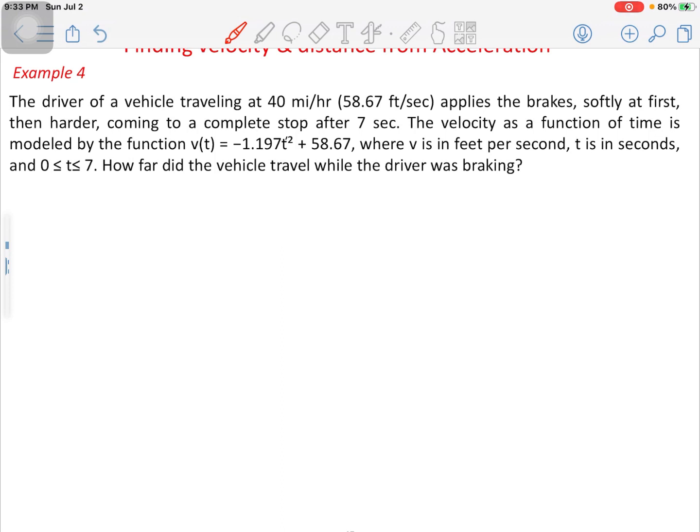The velocity as a function of time is modeled by the function v of t equal to negative 1.197 t squared